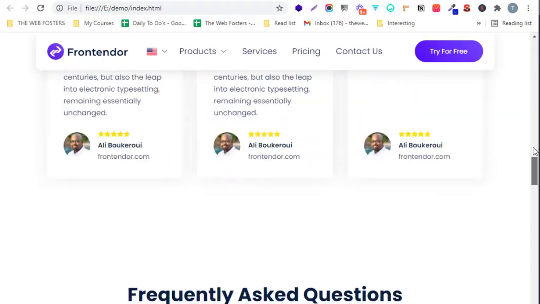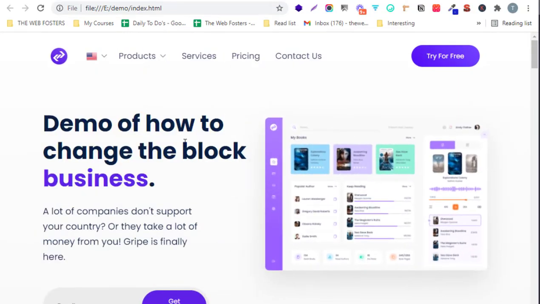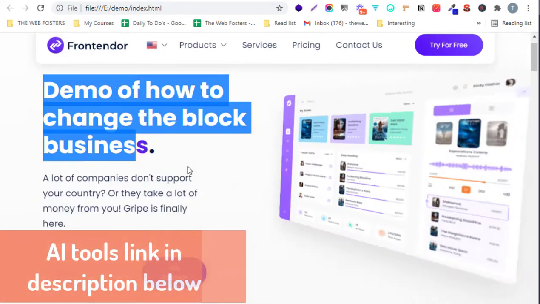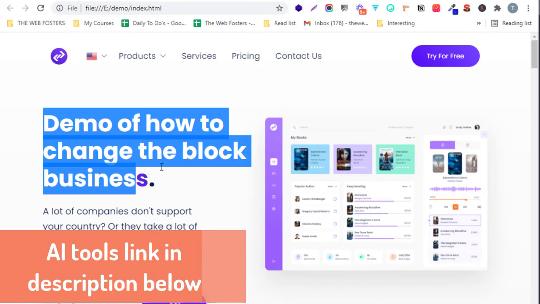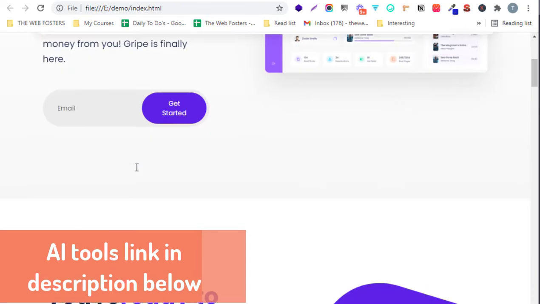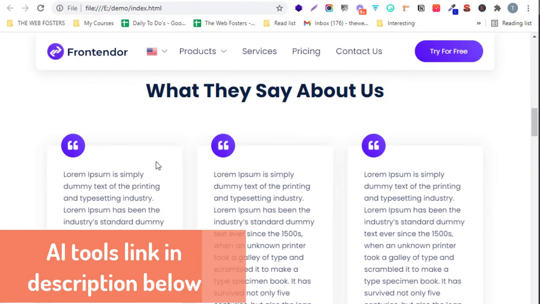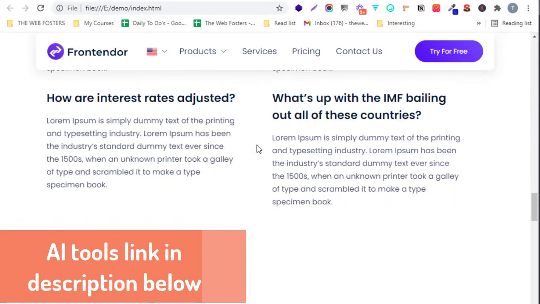So the next part which I have to do is I have to just change the text and I have to change all the images as per my branding need. And you can use any AI tools, you can use Writer, you can use Jarvis, you can use Conversion AI or any different tools to create all this header, all these headings and all these different features and testimonials, all these things.